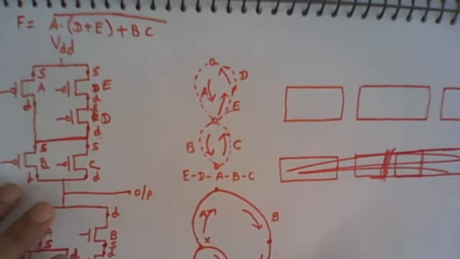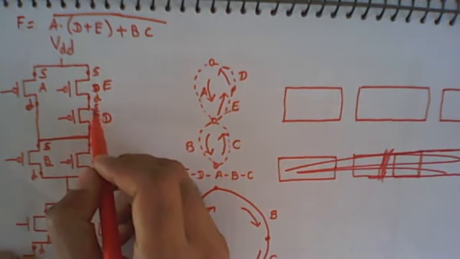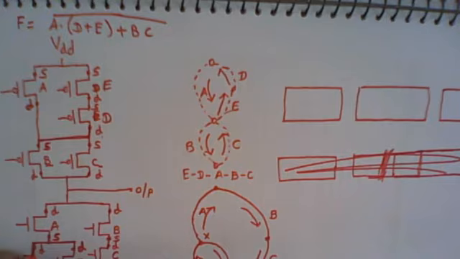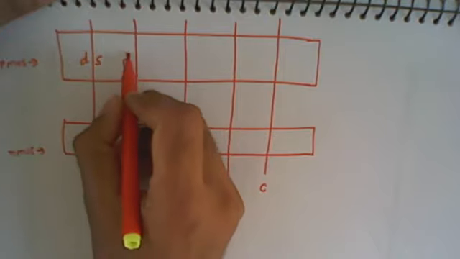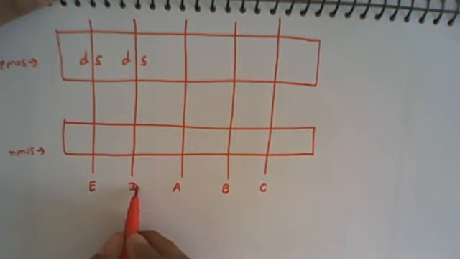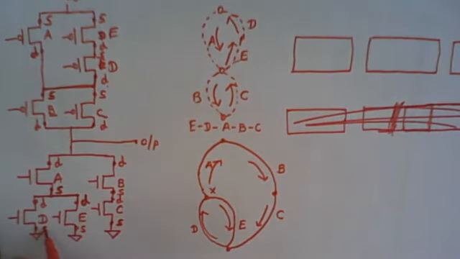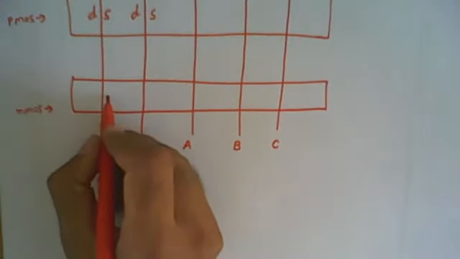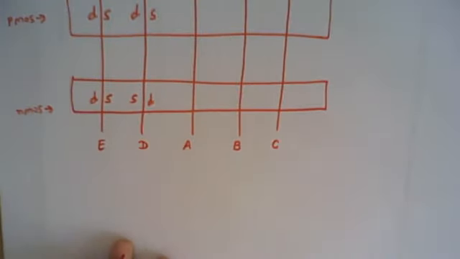Now we know the D and E. So in a PMOSFET, the source of one is connected with the drain of another. So let me call this one the source of E. So this is the drain, and this is the drain of D. Then this is the source. So the source and drain of E and D PMOSFET have the common area. Similarly, in NMOSFET, if you see, the source of D and source of E is connected at a single node. So we can take this common as the source of E and source of D.